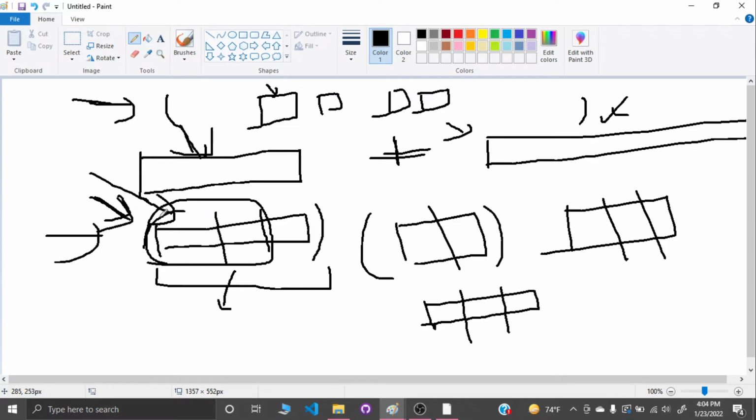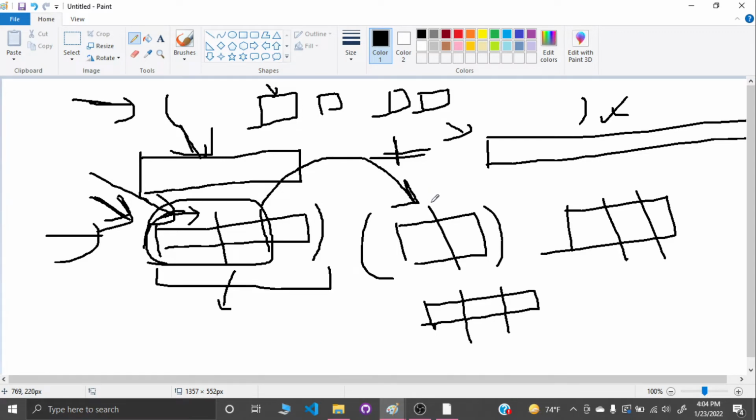Which means if I want to make this part of the palindrome, then definitely there has to be some prefix of this string itself, which is going to be the whole part of some suffix of any of the further strings. I hope you're getting what I'm trying to say.